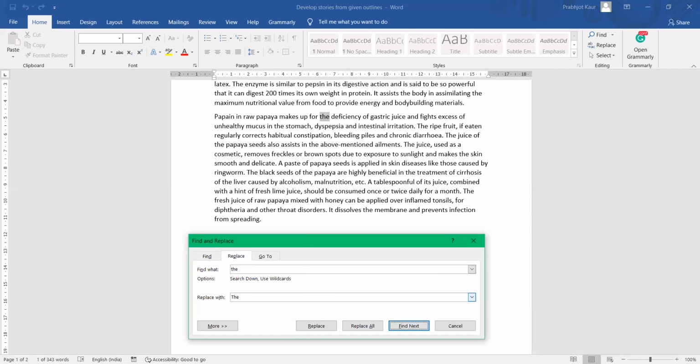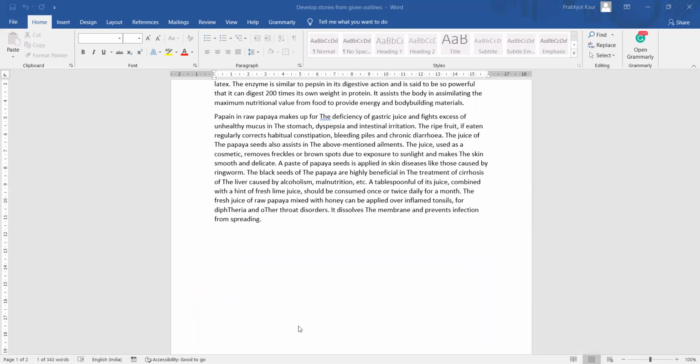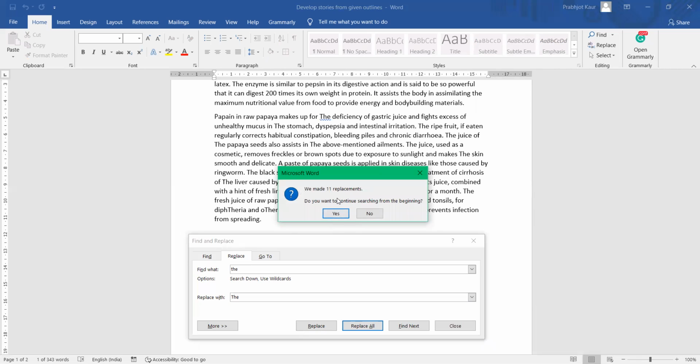Suppose we want to replace it, we will click on replace. And if you want to replace all the occurrences of the with the capital The at one click, just click on replace all. As you can see, 11 replacements have been done, and